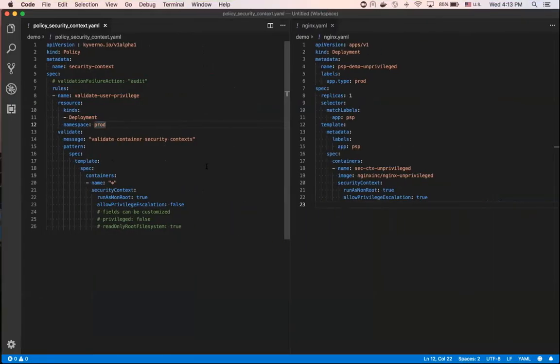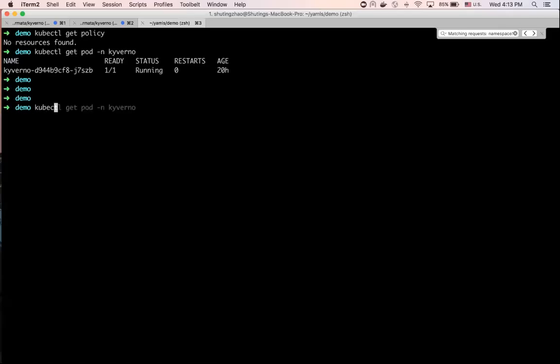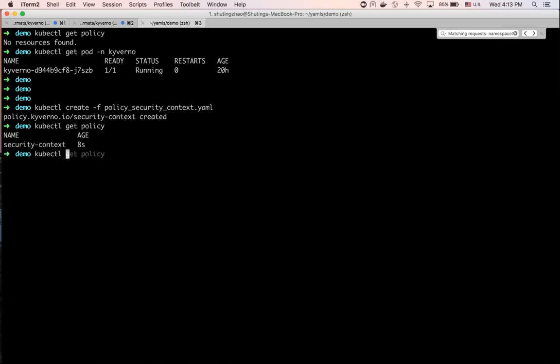Okay, and then let's try to apply the policy. First, since it's a CR in Kubernetes, you can use kubectl get policy to check what are the policies in your cluster. And now let's try to create the resource